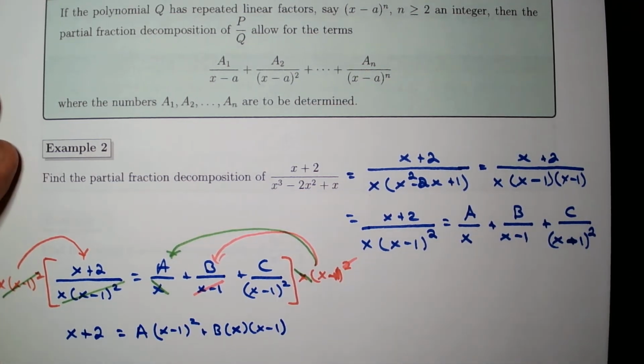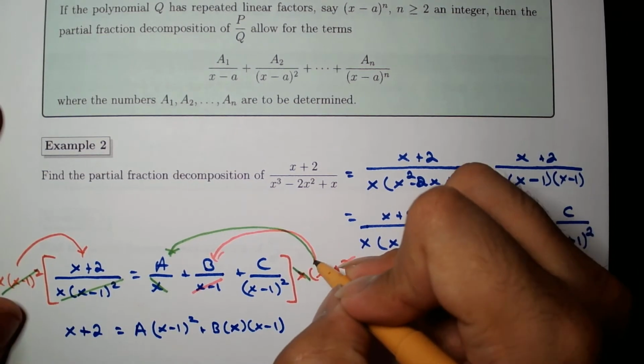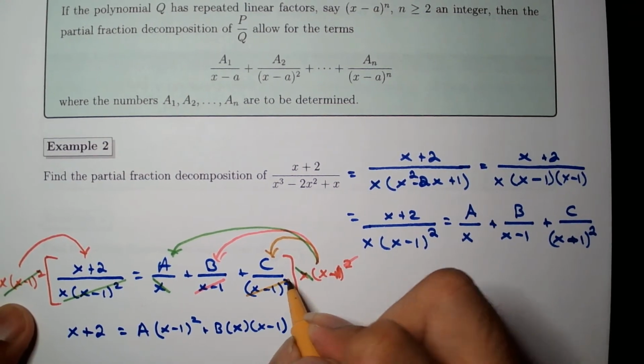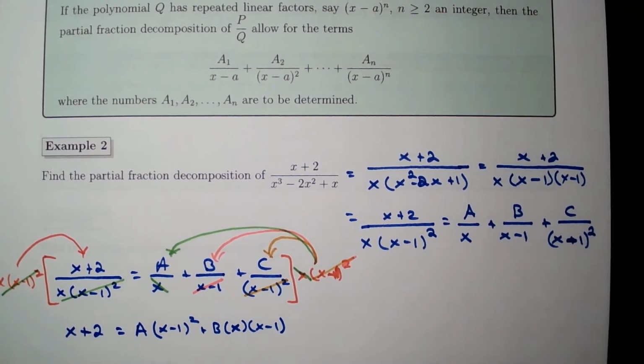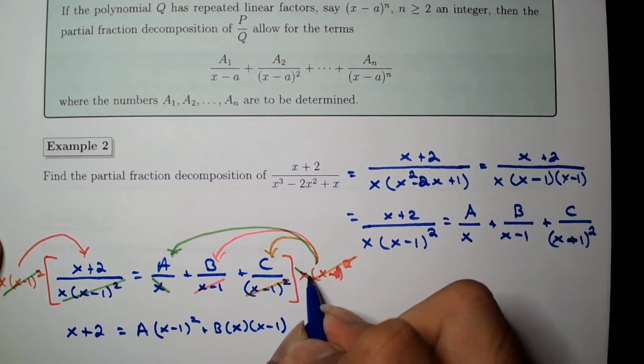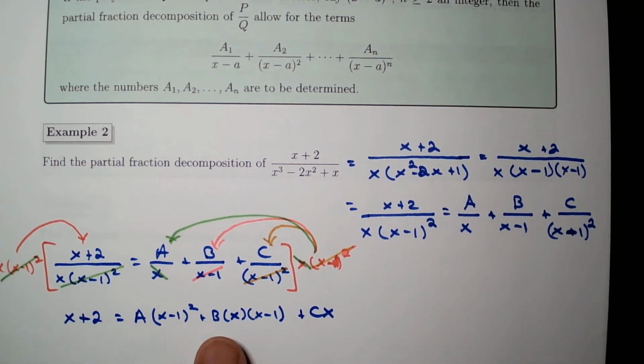Okay. And last but not least, for the last part of the distribution, this x minus 1 squared cancels with x minus 1 squared. And that's going to leave us with c times x. Alright, what are we going to do here? Like I mentioned earlier,